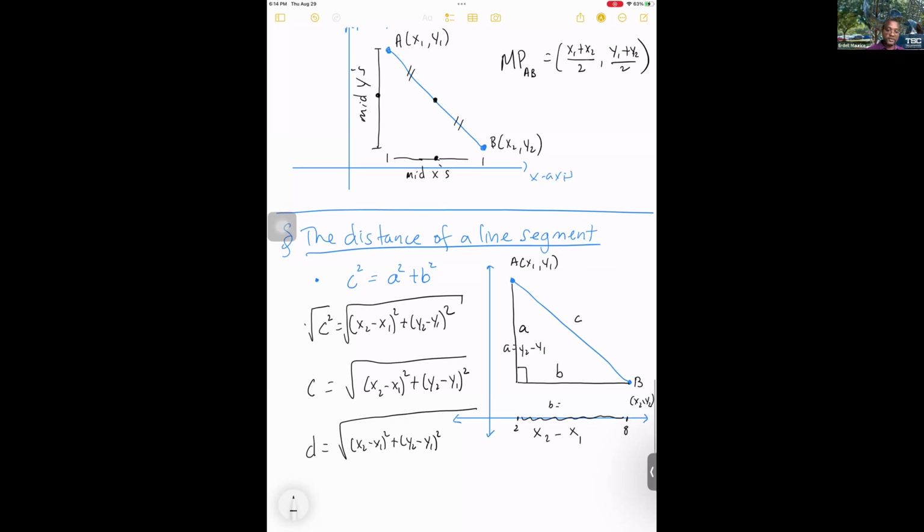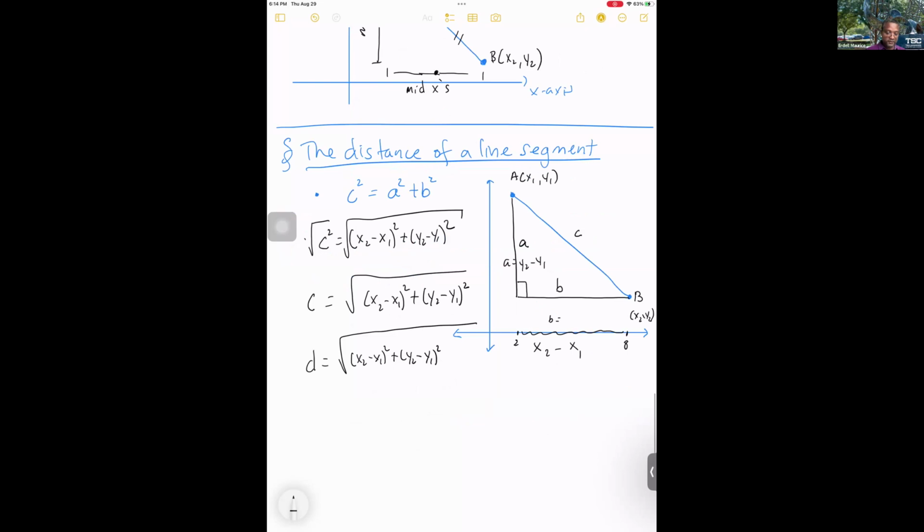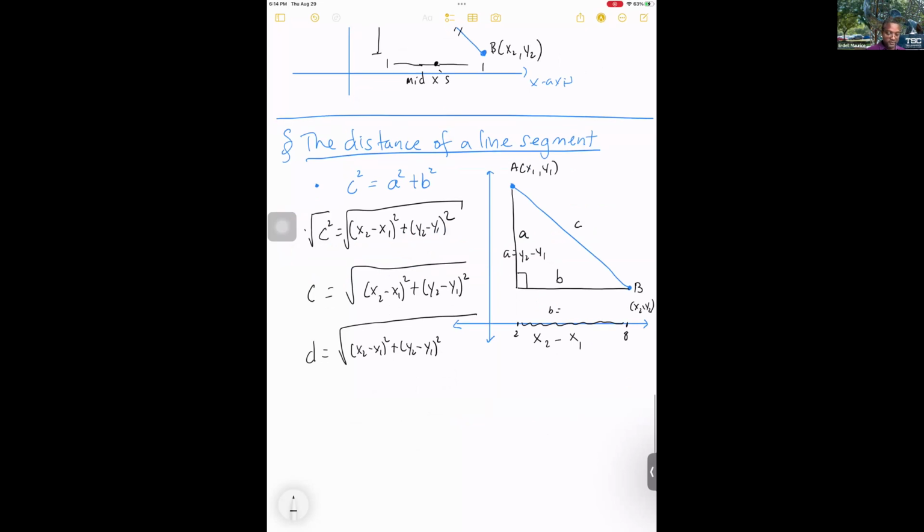Let's take our new formulas for a spin. So, for example, given line segment AB with A being the point (1, 5) and B being the point